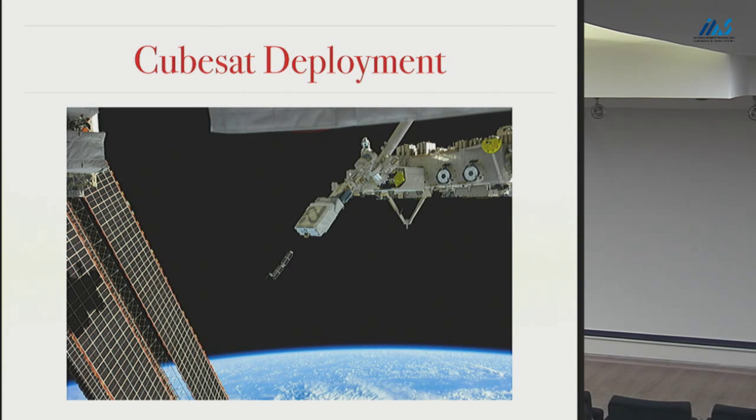This is just to show you how most of them are currently being deployed. Since most of the cargo going up to space is going to the International Space Station, they have these robotic arms that push these things out of the ISS. And this is actually the first two satellites from Planet Labs, if you've ever heard of them. They're doing